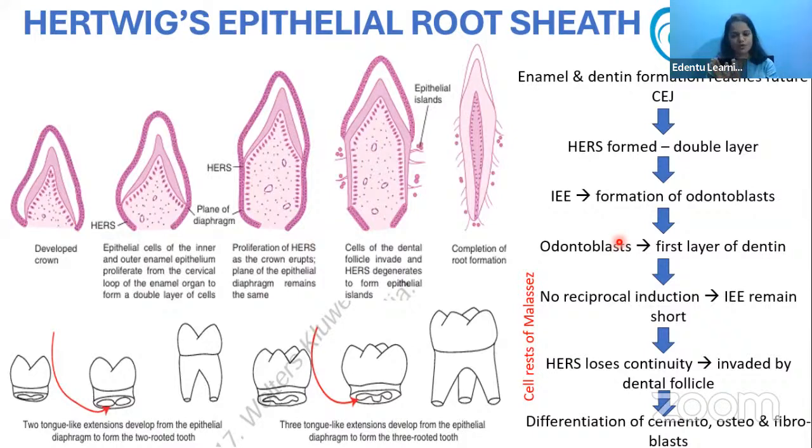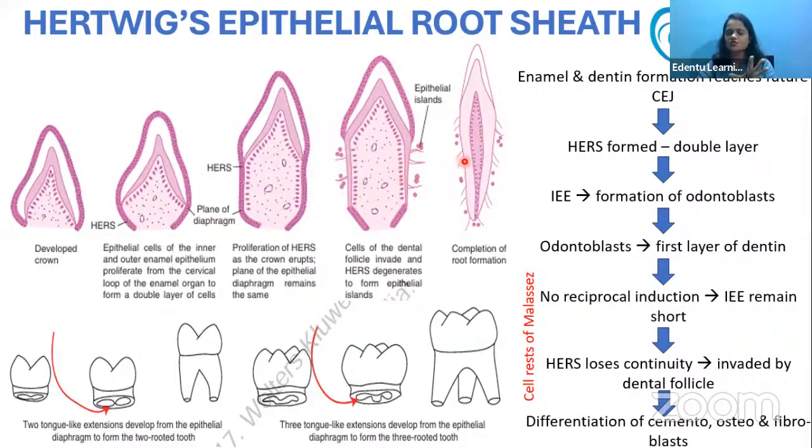They will remain short only. And what happens is that this Hertwig's epithelial root sheath, because of the dentine, a hard tissue, is formed. What happens to this Hertwig's epithelial root sheath is that it loses its continuity. You can see in the diagram here, this was the continuous Hertwig's epithelial root sheath. Because of the formation of the dentine, it will lose its continuity and it will form